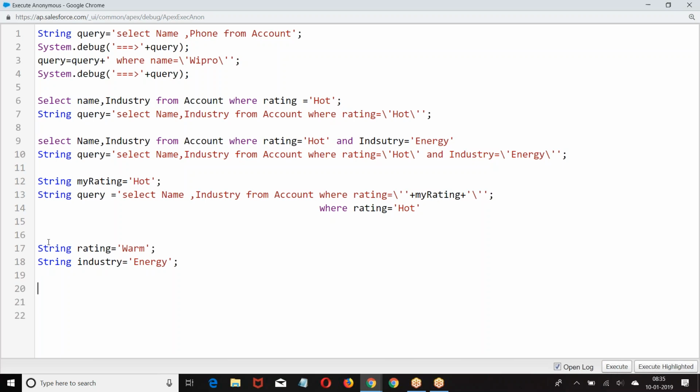So how do you write it? String query equal to select name, industry from account where rating equal to slash single quote plus rating plus slash single quote and industry equal to slash single quote plus